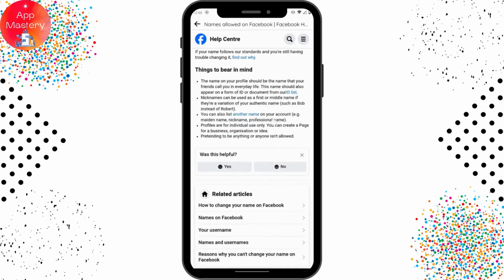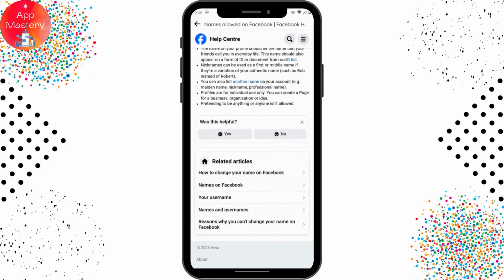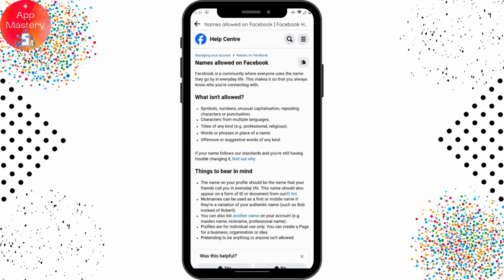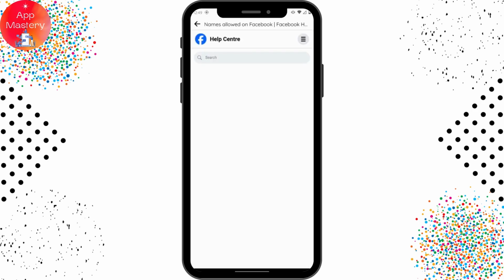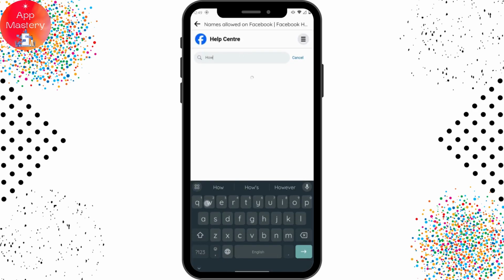and then scroll down, and now here on the upper right side you will have a search icon. Tap on that search icon and then search for how to change your name on Facebook. You will have that search. Tap on that